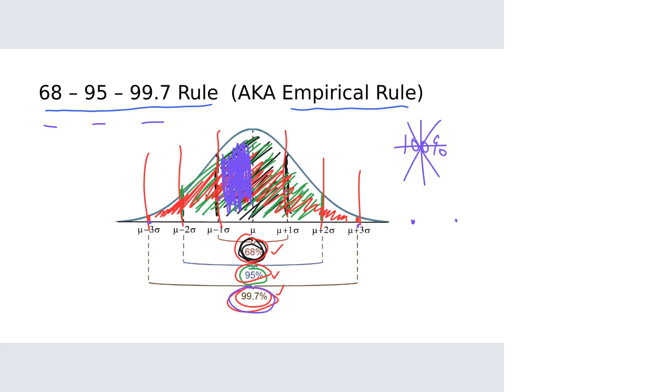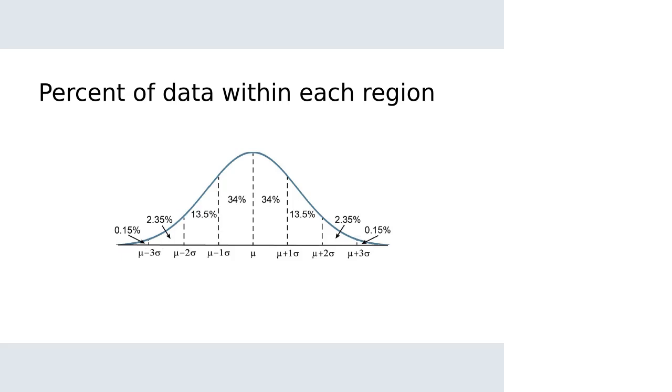be in here. And what we can do is break down every region on here to see how much data is in each little piece. And that's what this picture does. We know because of the 68, 95, 99.7 rule that 68% of the data is between here. From there, we can gather that 34% is in each piece, and we can extend that out. 13.5% are in these pieces. 2.35% is in there. And then 0.15